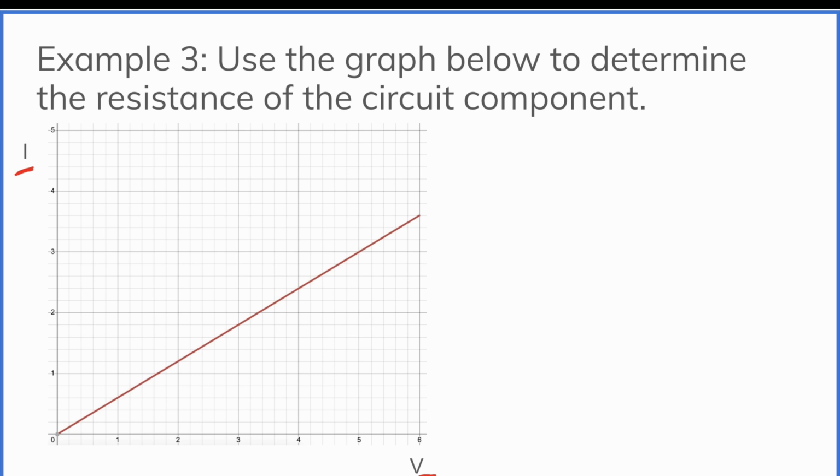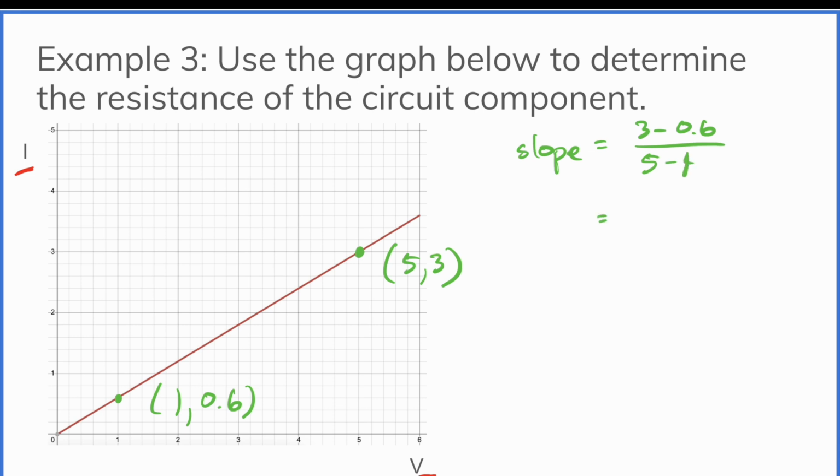The 2 points I'm going to select are this one here and this one here. I can see that this is 5, 3, and this is 1 and 0.6. If I use my slope formula, we get 3 minus 0.6 over 5 minus 1, which gives me a slope of